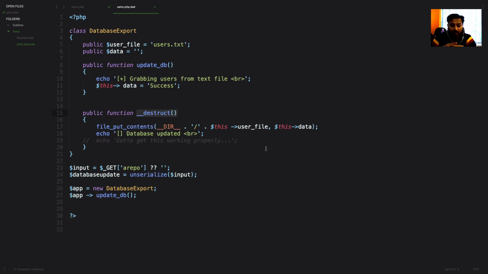So I can understand from this point of view that this is a vulnerable function, and you can immediately search on Google for PHP serialization and PHP deserialization attack. In my case, if you go further here, like file put contents, you can see it is putting content on this slash directory, and whatever we have in a file here, user.txt, and then the data we feed here, and then it's going to update things.